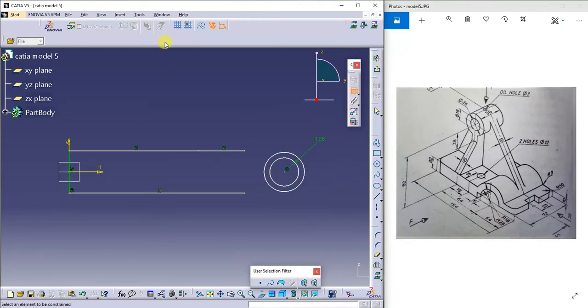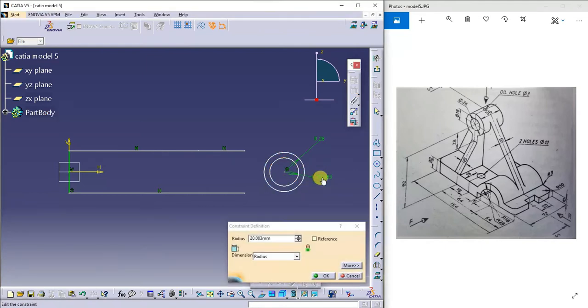Next, what is the use of this snap command? I need to double click this, then there is no need to go again and again to the same command. That is the advantage of this. You double click on the dimension twice. This is 18 mm radius.